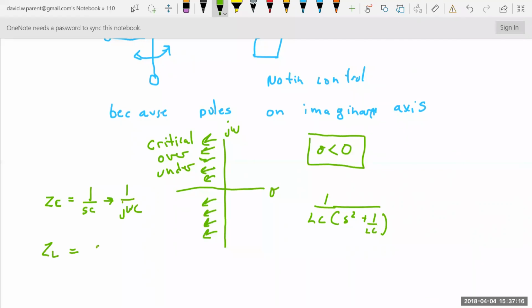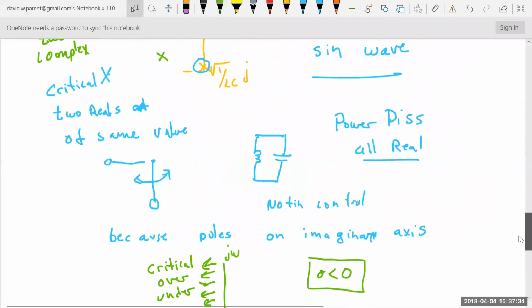ZL equals SL, but that's really J omega L. It's purely imaginary. It can never dissipate energy. So that's why when there's no resistance in this circuit,